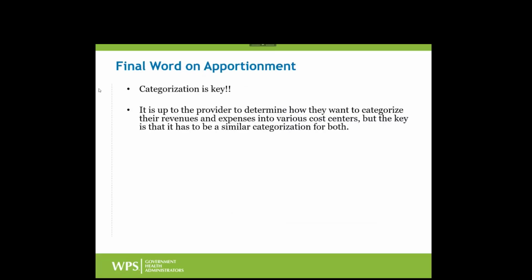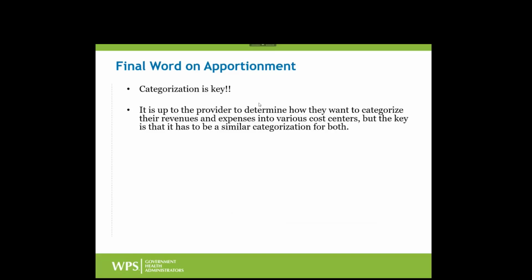Now, that was all cost report flow. And this leads me into really the important things from a provider perspective, that categorization is the key, or grouping is the key. That's a decision made by each provider. They have their own accounting system, their general ledger, and all those accounts need to be mapped or grouped into the specific cost centers on the cost report. Every provider has a different accounting setup. Some of them are very, very complex. Some are not as big. They don't need to be as complex.